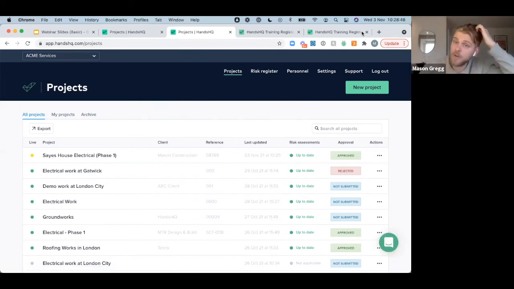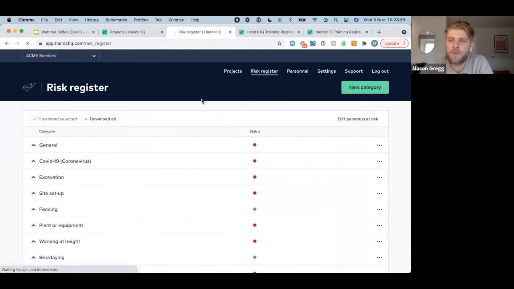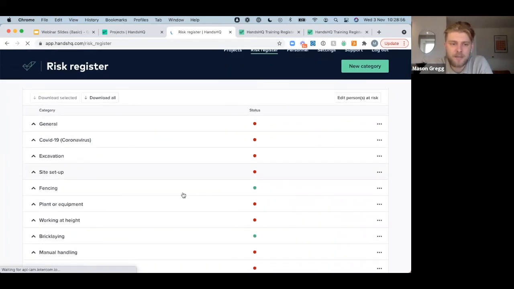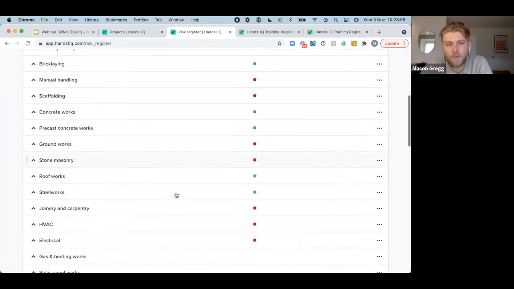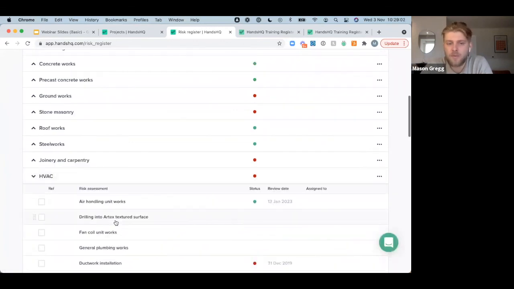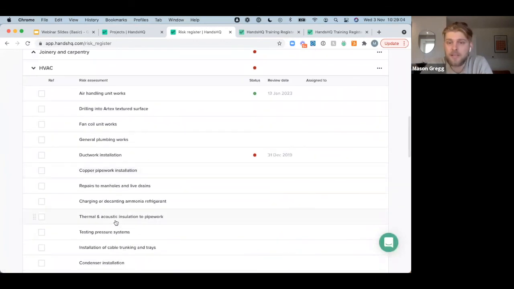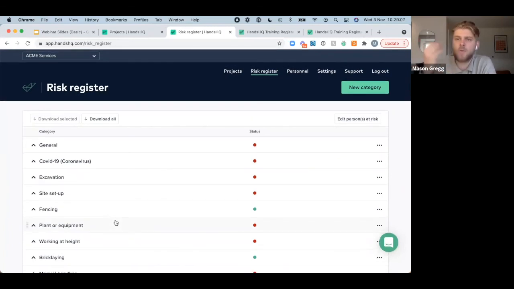The other thing I wanted to show you is the risk register. This should give everyone a decent idea of what's already involved in the different categories that we have within the system. Everyone will get access to all of this content, and within here are all of the different risk assessments that we have. This is the risk register, on one of our higher packages. What you've got the ability to do here is set renew dates for each individual risk assessment, so you can have a proactive approach to updating and reviewing individual risk assessments. Each risk assessment will have its own activity log and audit trail throughout the life cycle of that individual risk assessment.